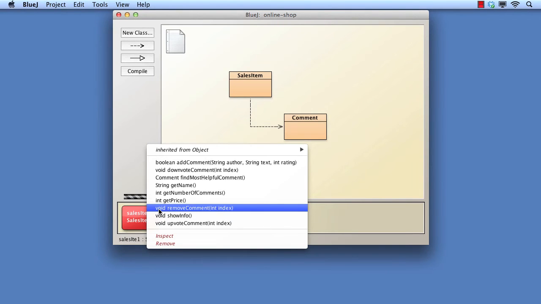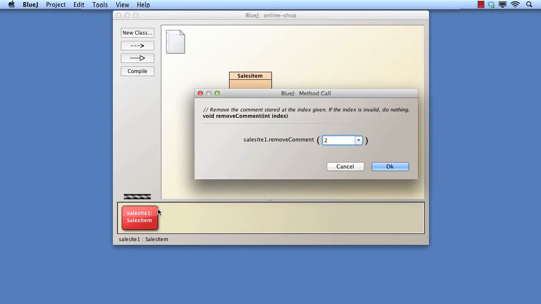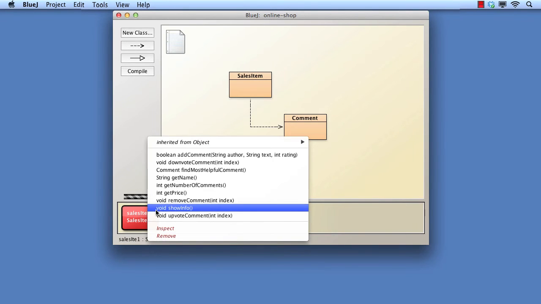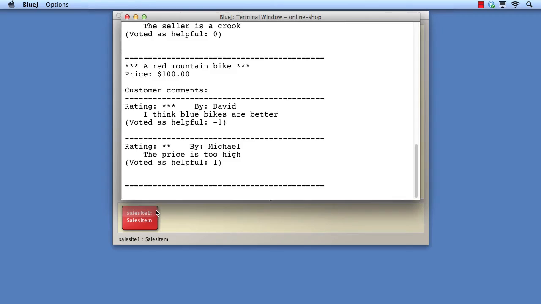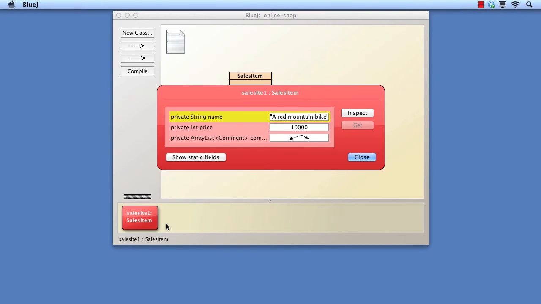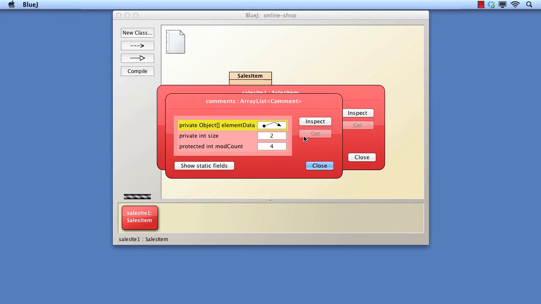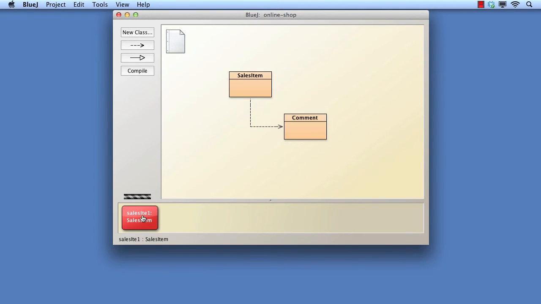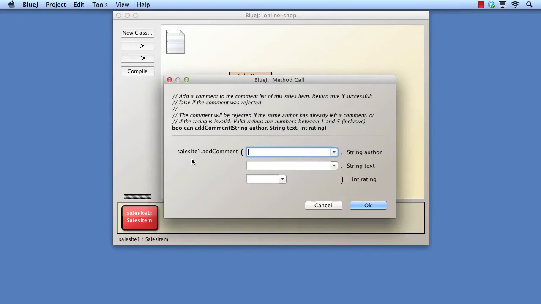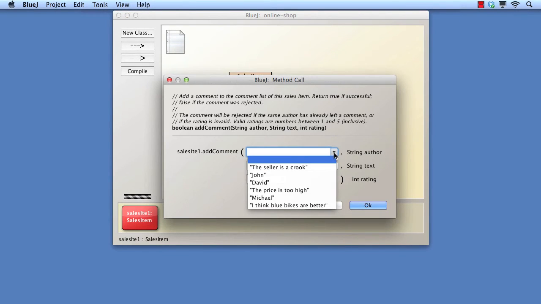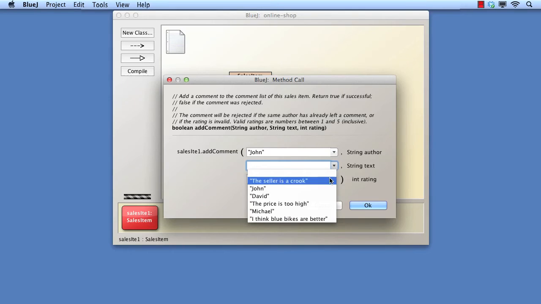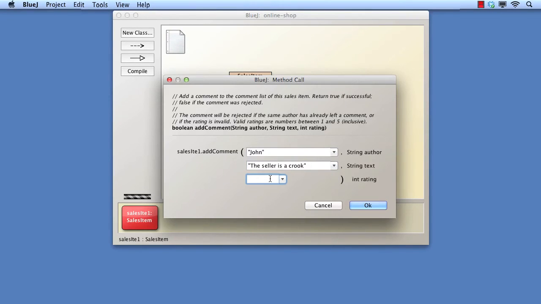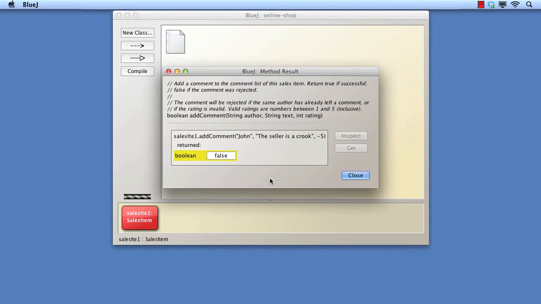Another positive test. Remove the comment. Another negative test. Try to add a comment with a rating that's out of range. So far, things seem to be working fine.